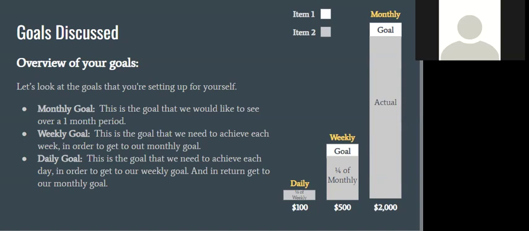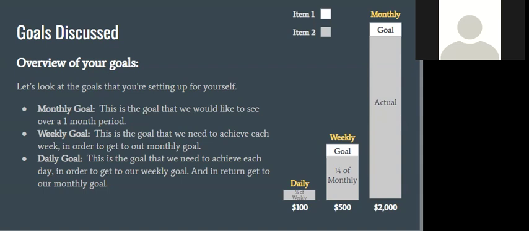Now, you'll have to make a little exception if you're only trading, say, 4 days a week or 3 days a week. Then you'd have to adjust your numbers, not the 2,000. You want to stick to the 2,000, but you would have to change your weekly target goal, and that would also change your daily target goal, because your daily target goal is a fifth of the weekly. There's 5 days in a week, so a fifth of that. So a fifth of 500 is 100.